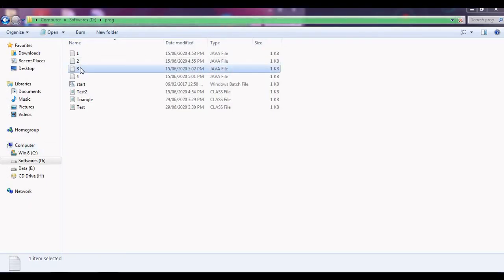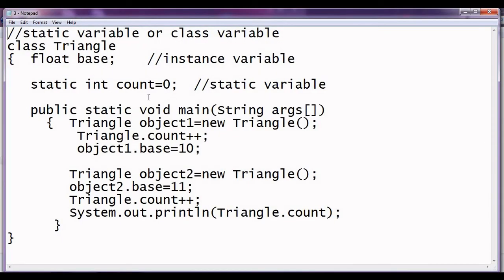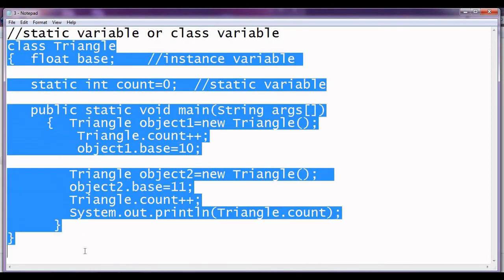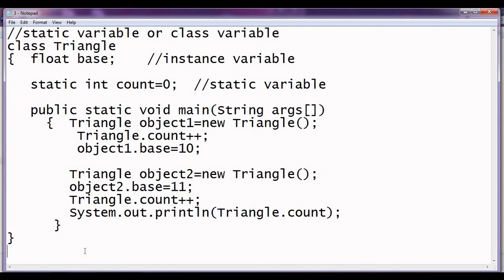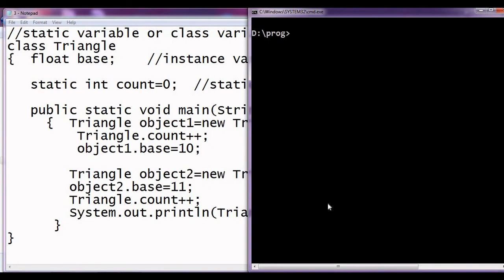Now let us go for the programs. Here we have the first program related to the static variable, which is also known as a class variable. This entire program we have seen in the PPT. Now let us try to compile and find out exactly what the output of the program is.